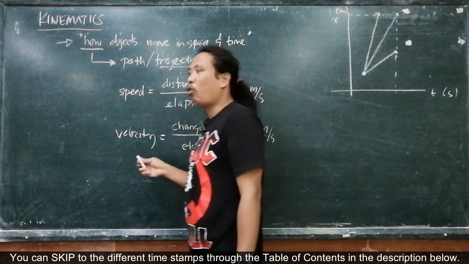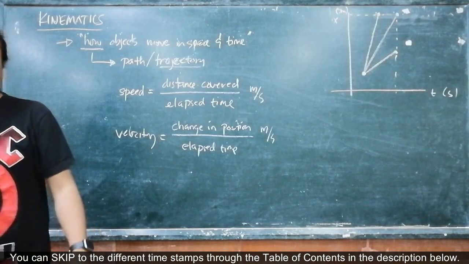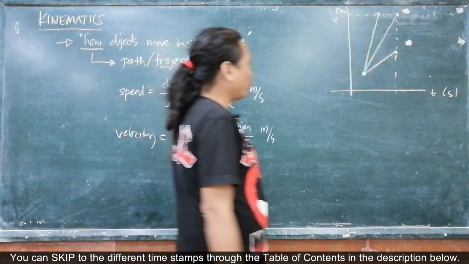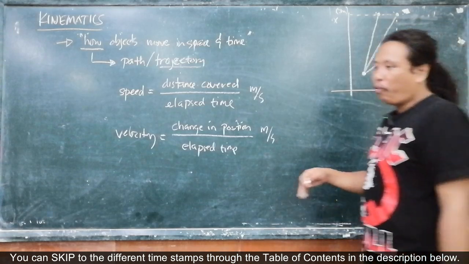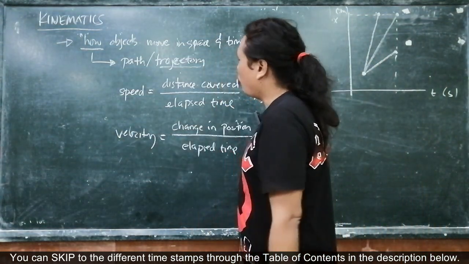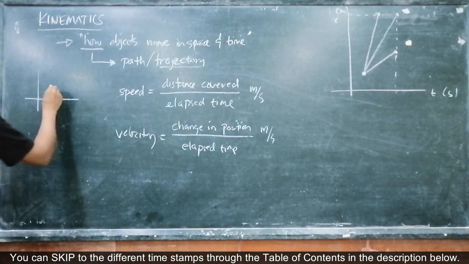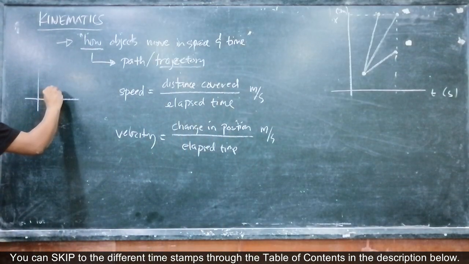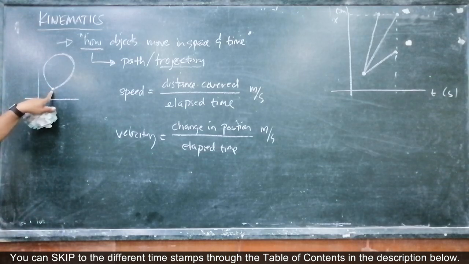Now, what's the distance covered? The distance covered is always positive. It's always what we call the absolute value of how far you have walked. So that's the distance covered. For example, this is an example. Like you go into this, then you come back here. Point 1 and point 2. The length of this curve is the distance covered, right?